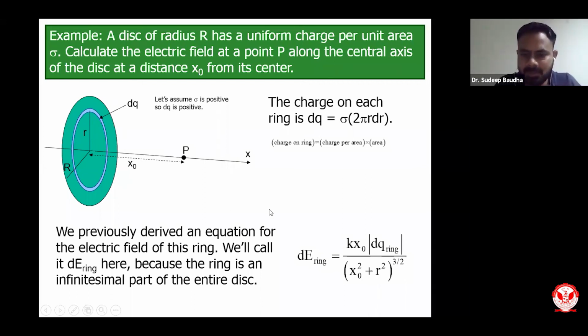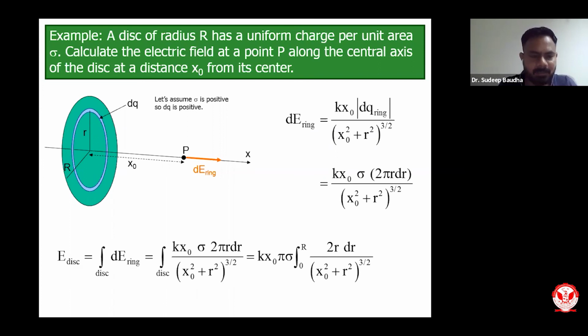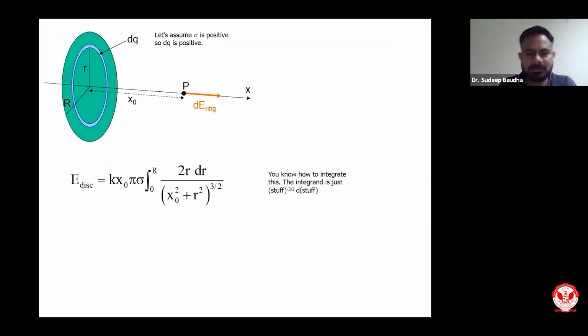So now you know the concept of the ring. You know the area of the ring, which gives dq in this case. You can simply substitute the value. This is the dE from the ring, going in this particular direction, and we know the component will be only the x component in this case. So I can simply write the value of dE for the ring. I got the x component for that ring and I simply integrate it over the disk, from 0 to r, and you can do the calculation. You can finally get this particular value.